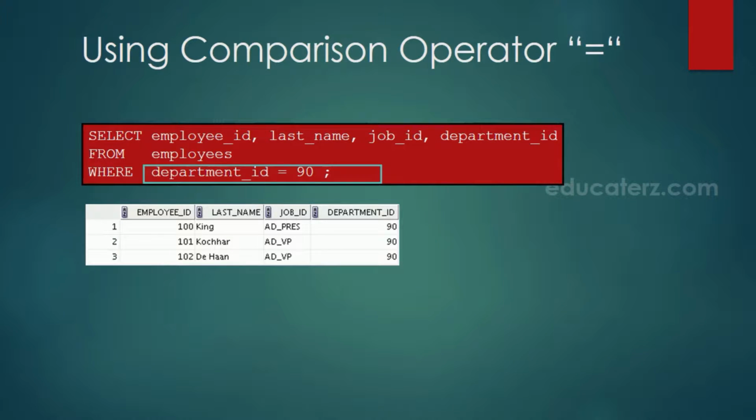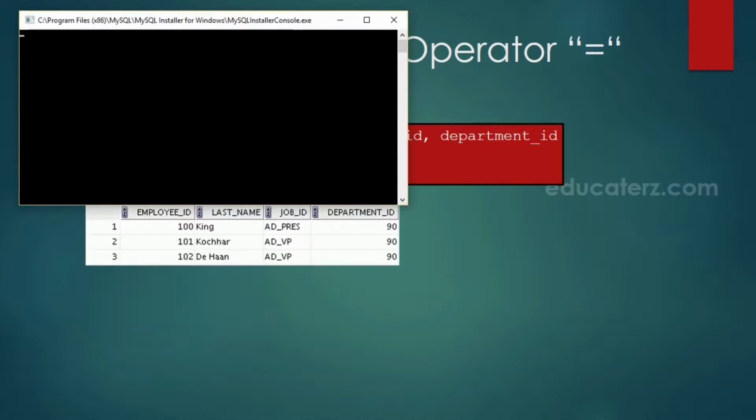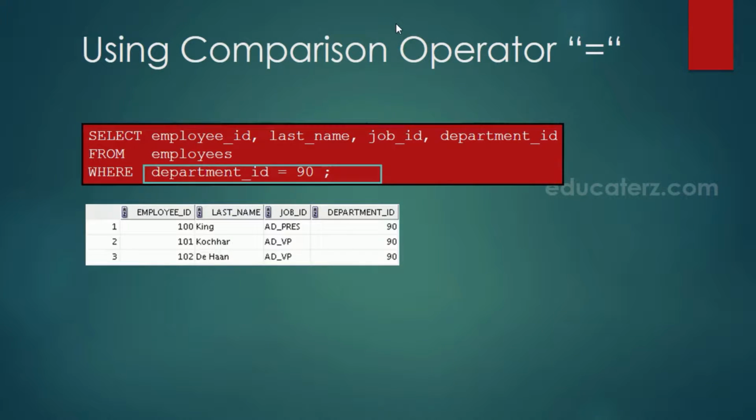Using comparison operator is equal to in the where clause. Question is, retrieve employee ID, last name, job ID, department ID from employees table where department ID is equal to 90.